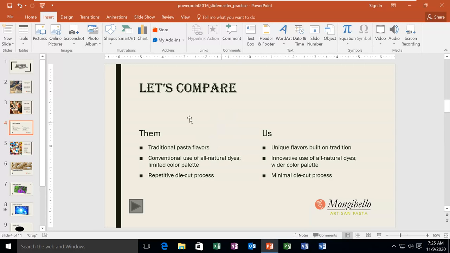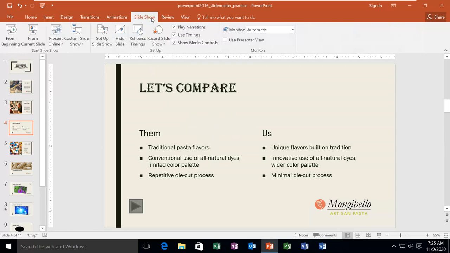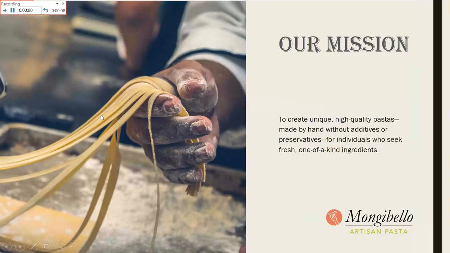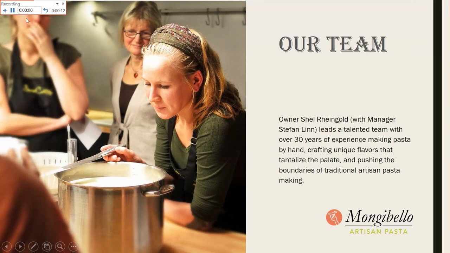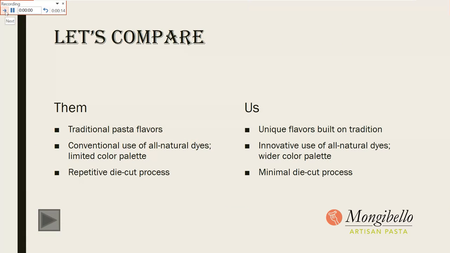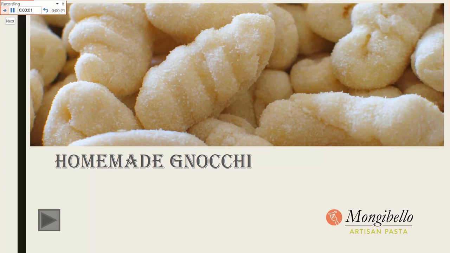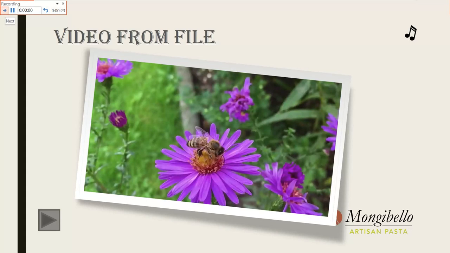So I want to do a rehearsal for this, so I'll go to Slide Show, and then I will click here on Rehearse Timings. Now as you can see it has started, and this is the time it is recording. Once I am done with this slide, I click Next, then I click Next when I'm done with this slide. 2 seconds, okay, 2 seconds, 2 seconds, 1 second, 3 seconds.